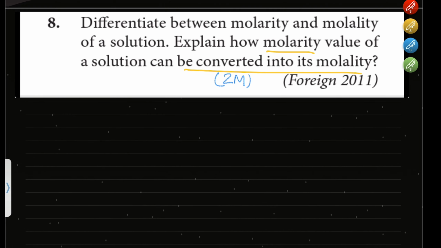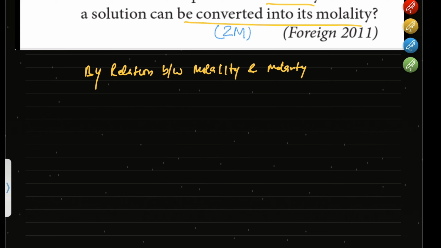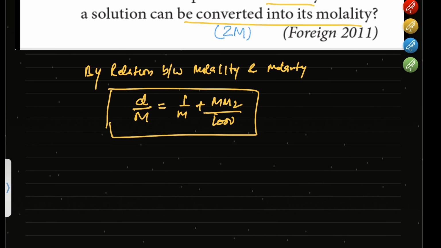The relation between molality and molarity: density upon molarity is equal to 1 upon molality plus M into M2 upon 1000, where M is molarity. इस रिलेशन से हम मोलालिटी को मोलारिटी में कन्वर्ट किया जा सकता है. ओके,